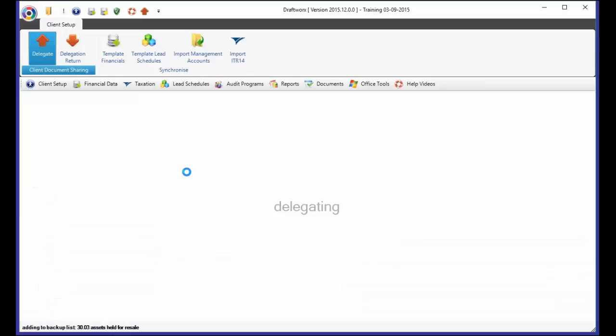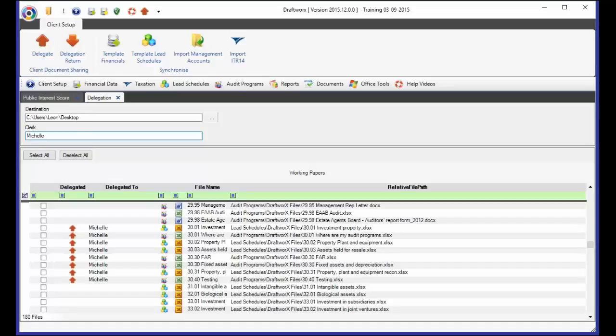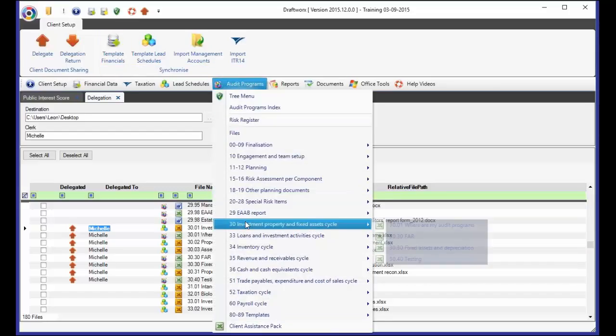What it does is it packages all of the file information, that's the database, and these files that you've specified into a little zip file, usually quite small enough to email, or you can just put it on a flash disk, send it out. And what now happens is it's telling me that all of these files are delegated to Michelle. Okay, let's go to audit programs, open up section 30, and you'll see that these files are grayed out. If I try and open them,